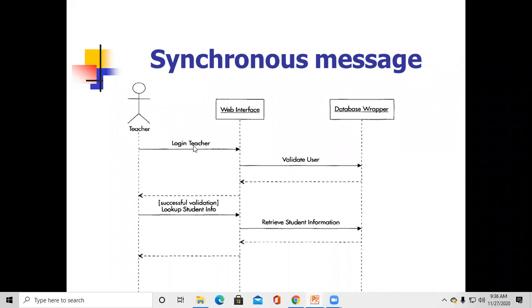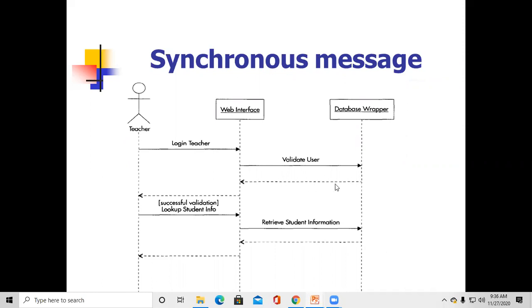First the teacher will log in through the web interface, then the web interface validates the user from the database wrapper. Here you can see this is a synchronous message. Till now it is not verified, so it is not giving a return message. So the web interface again validates the user from the database wrapper. Now it sends the return message.